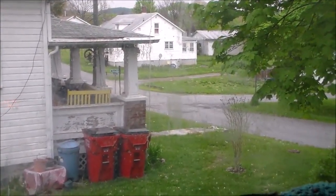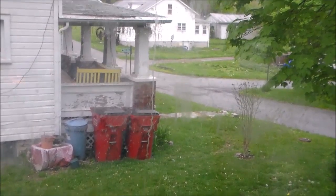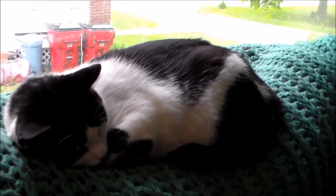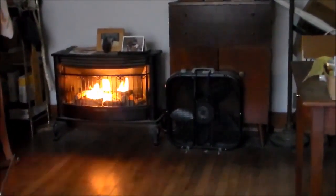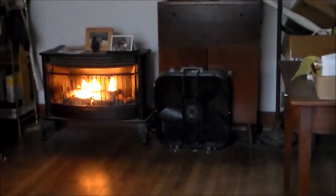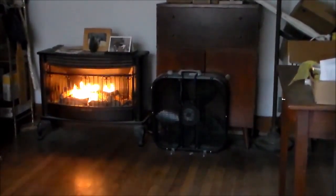With the weather being all dreary and nasty and cloudy out, and they're talking about rain later, it's all cold and nasty out there. It's actually that kind of a day. That's what I feel like doing, just napping all day. Well, at least we got the fire going. But actually, I want to turn the fireplace off and turn that fan on because it's so hot. But I guess once summer gets here, hopefully when summer finally gets here, we'll have something like that. But right now,